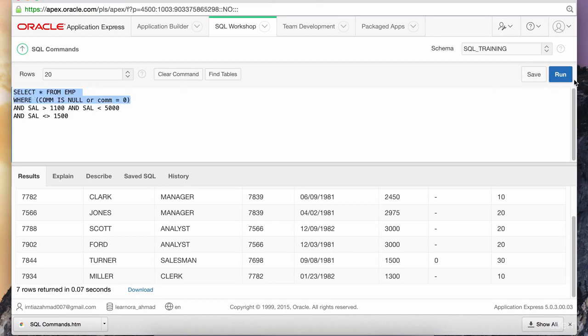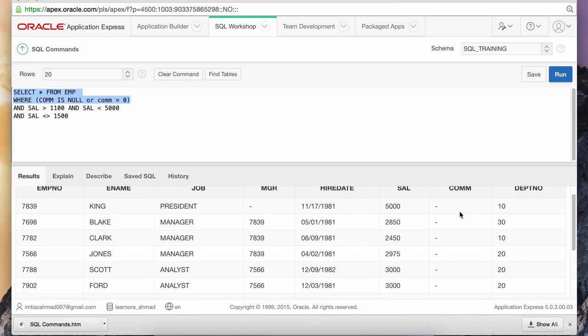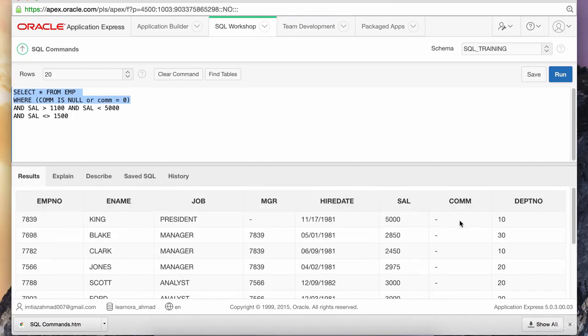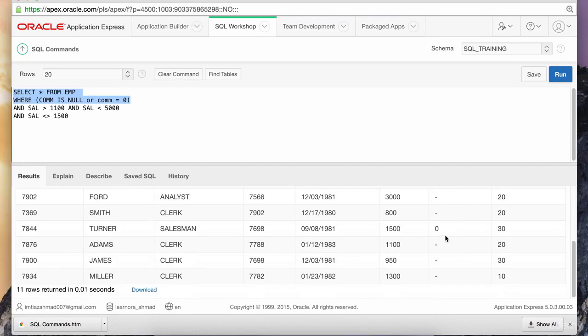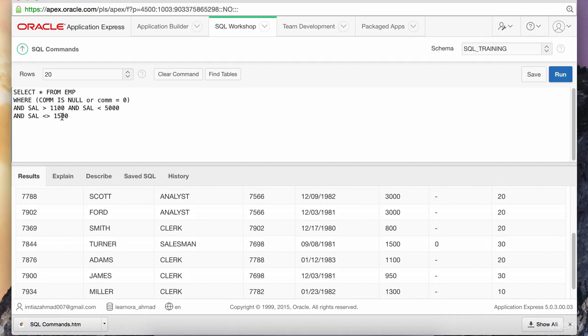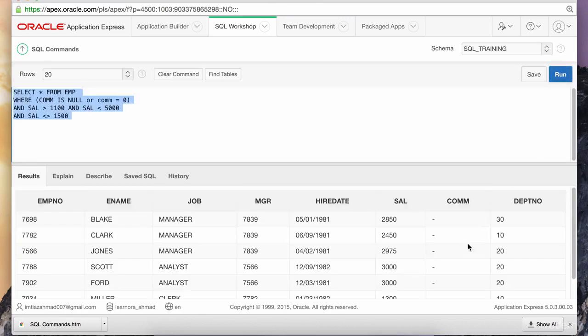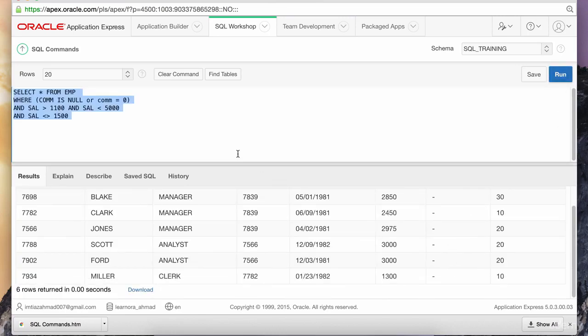If I select this and run, this will give me all of those employees that have null in their commission column, as well as a 0 in their commission column. Okay, and then when I run this entire thing, you'll no longer see the employee making 1,500, and that meets our requirement. So this is an important thing to keep in mind. Study this query, understand what's going on. These together are being evaluated because they're wrapped in these parentheses, and all of these ANDs together are being applied